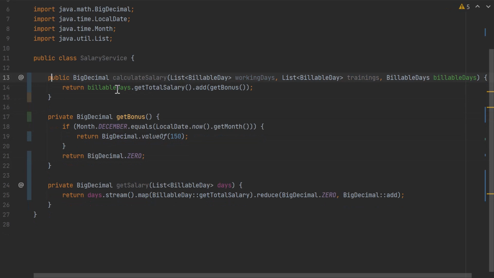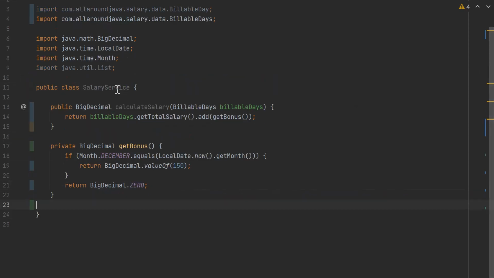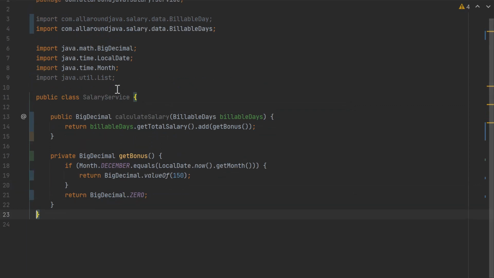And now I can just get rid of this. And I can safely delete the working days parameter, Alt delete, and I'll delete the trainings parameter. And the only thing this function now accepts is the billable days. If you can allow yourself for such a function declaration change, that's definitely beneficial. Our calculate salary method has gotten a little simpler again. I can get rid of the get salary method that is not used anymore, because I just moved that code away from this class. And now the only thing I have to take care of is the get bonus function,